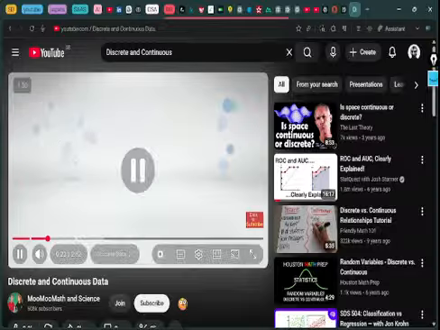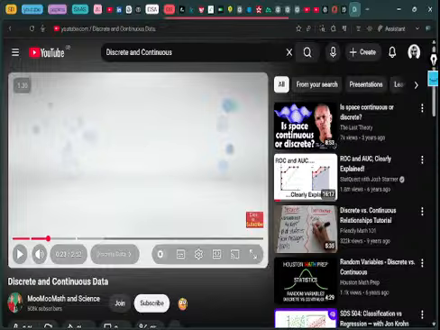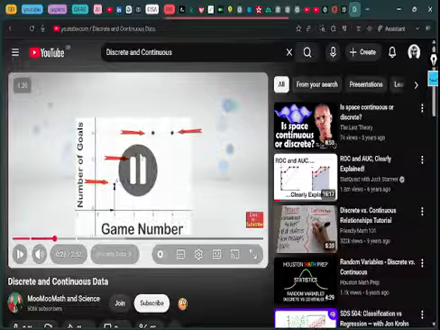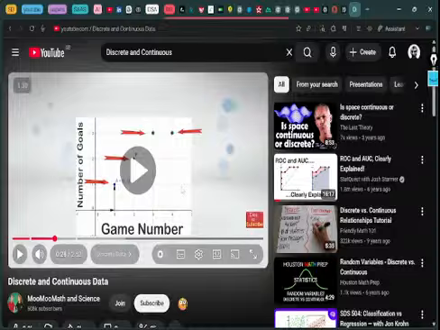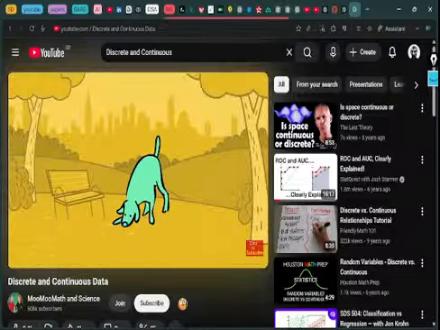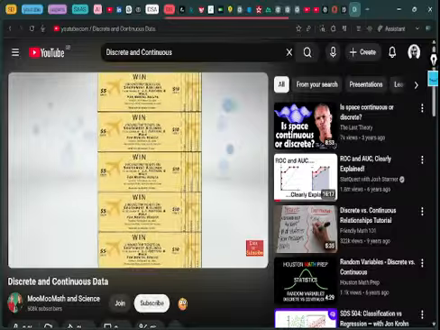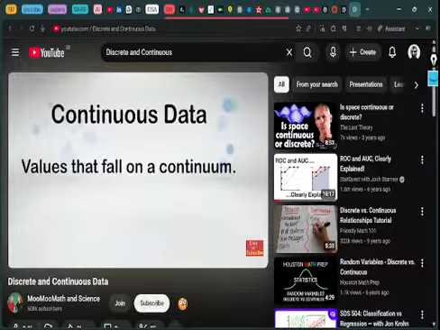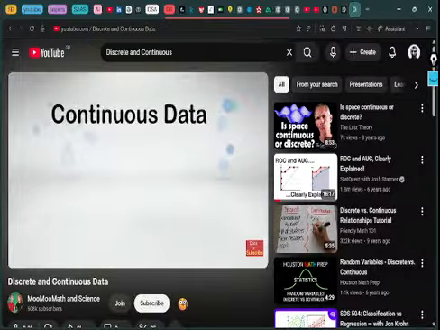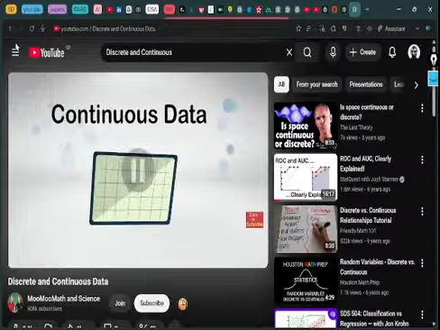On a graph, the ordered pairs are at specific locations, so the graph is not connected, but only points. Some examples of discrete data would be the number of dogs, number of people, the number of tickets that you have for a show. Continuous data is data that falls on a continuum. On a graph, it includes all the points